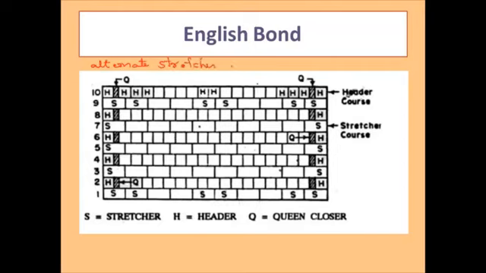Then in the first course I am completely placing the stretchers like this. Then when I go to the second course here, can I start with a header here? Yes, I can start. If I place the header, that will come up to this one. Then if I place one more header, it will come up to this point. So you should not place a header there, because if you place the header, then the vertical joint comes in the same line.